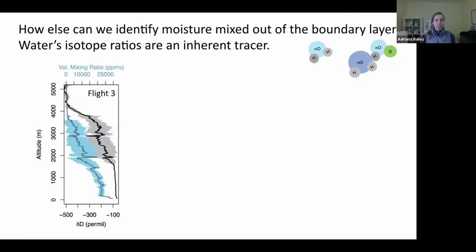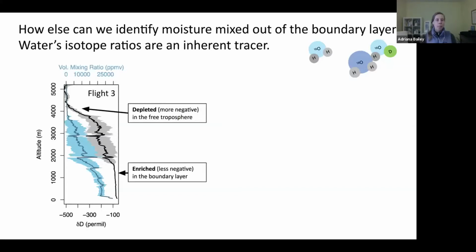If you look at a vertical profile of the water isotope ratio, which is shown here by the black line, and then the variance is shown around it as a gray envelope, what you'll notice is that the closer you are to the ocean surface, the lower altitudes, you'll have these higher isotope ratios. You'll see relatively enriched moisture. Whereas the farther away you get as you move into the free troposphere, you'll have these more negative isotope ratios, what we call more depleted moisture.